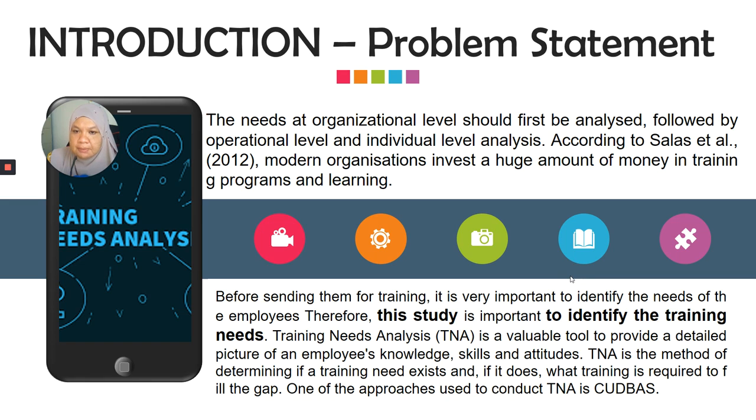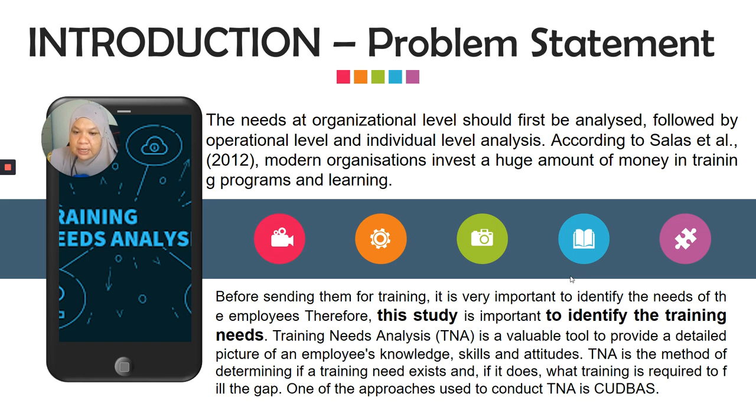My problem statement for this study is that before any organization sends employees for training, it is very important to identify the needs of employees, because the organization will invest a huge amount of money in training programs. So every organization has to